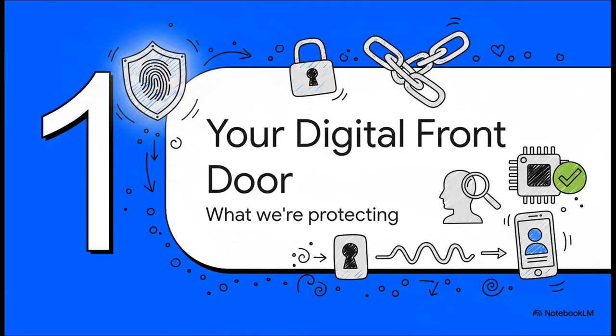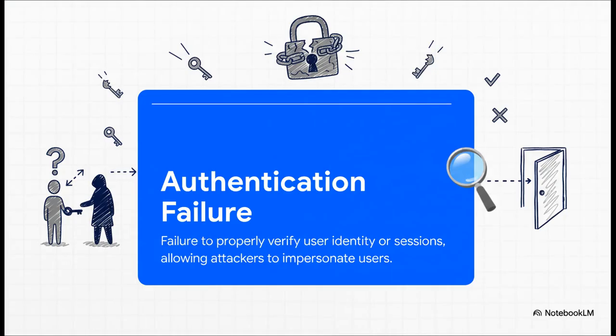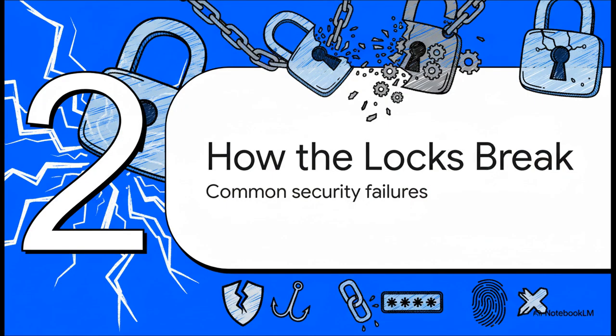Okay, so first up, your digital front door. Let's get on the same page and really understand what it is we're trying to protect here. At its heart, this is all about verifying who you are online. So an authentication failure happens when a website or an app just gets that verification wrong, when it can't be 100% sure that you are who you claim to be. And that is the crack in the door that lets an attacker slip right past, grab your digital keys, and just walk around your online life pretending to be you. It's a huge deal.